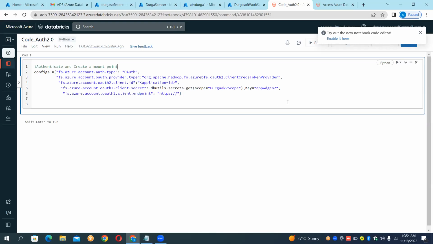Okay, authenticate and create a mount point. Authenticate and create... okay, I'll write it in full: authenticate ADLS Gen2 and create a mount point. That's it. Create a mount point. This is the thing we have. Okay, next after this,